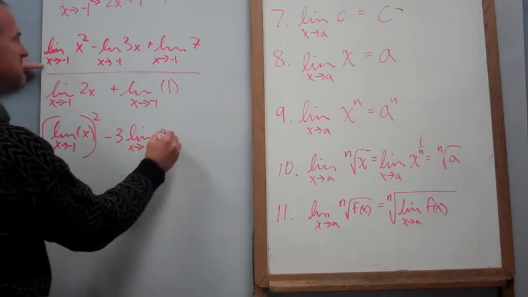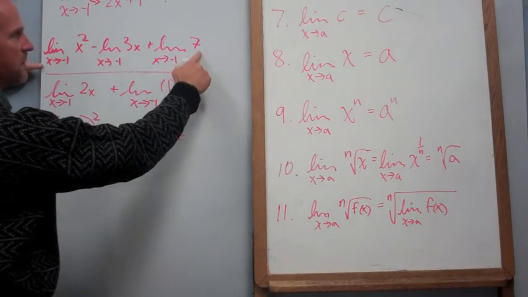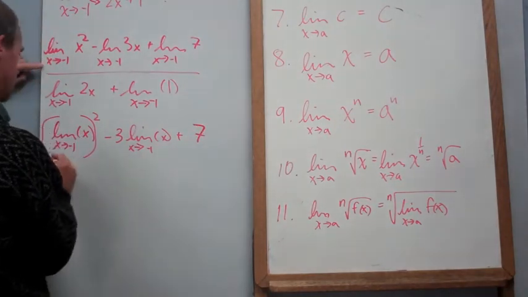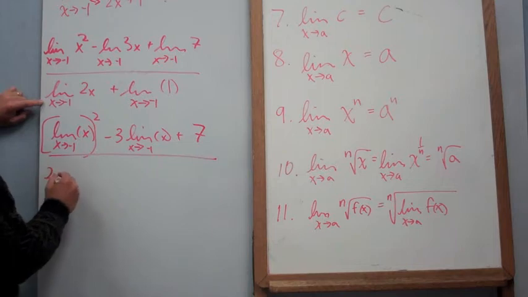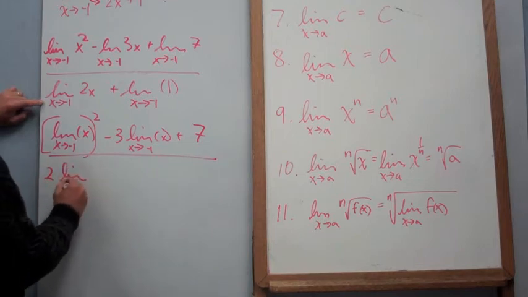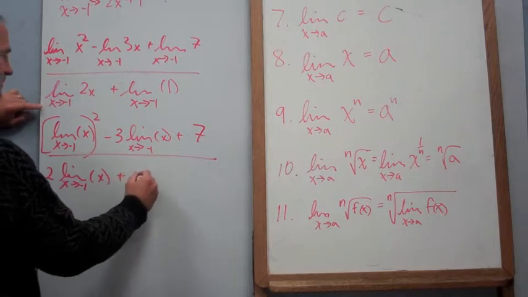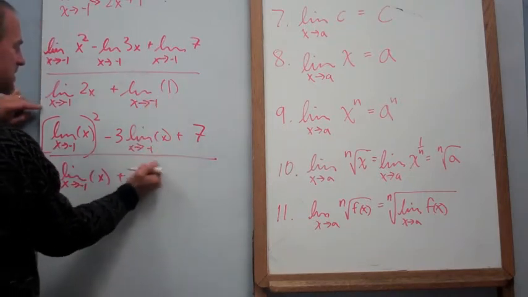-1 of x, and then plus, well, we can maybe just jump out here where if we've got the limit of a constant, it is just that constant, so we can take that step right now because it's so convenient. Doing the same thing to the bottom, it's going to be 2 times the limit as x approaches -1 of x plus the limit. Let's also take care of that one because it's just the limit as x approaches -1